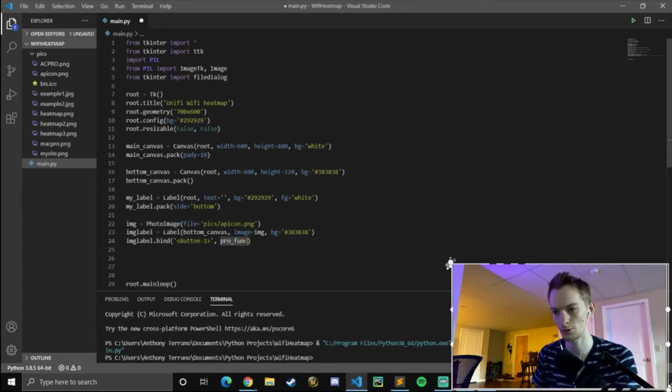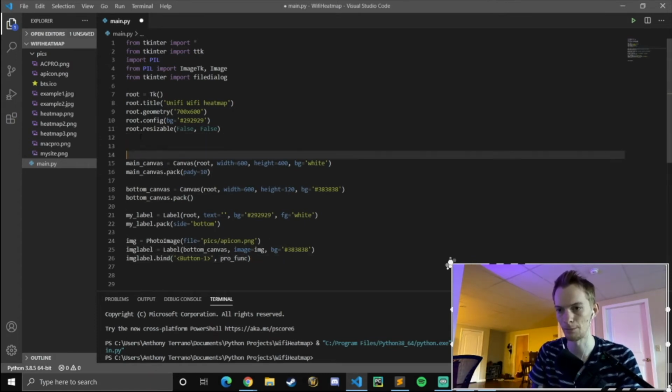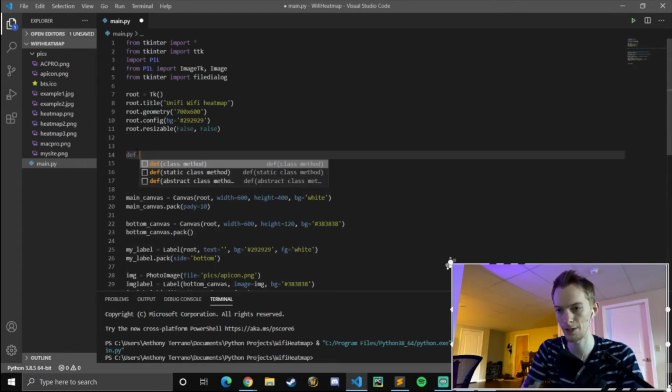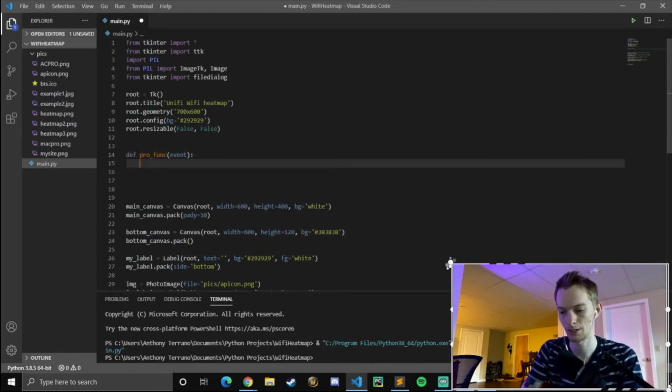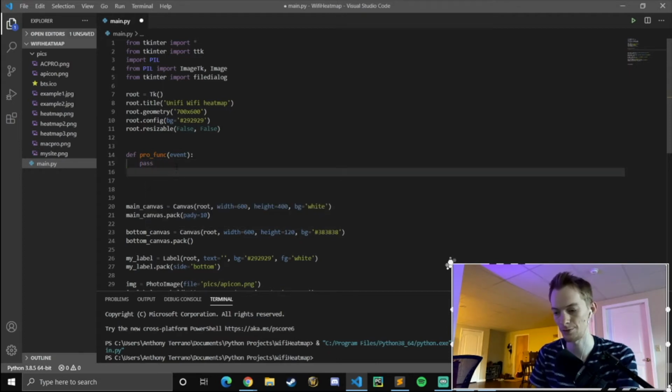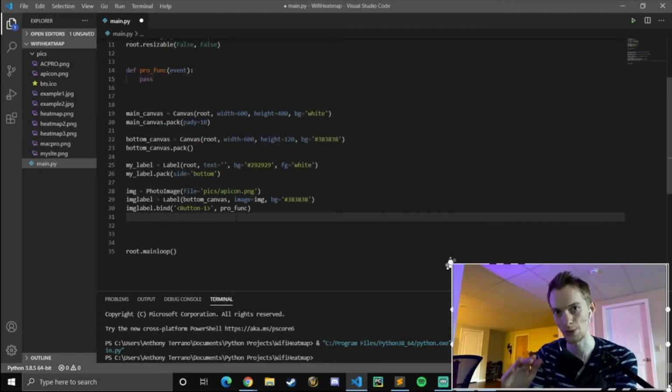Okay, so we want to create profunc. So I'm going to take a break from that for a second, come up here, and then we're going to define profunc and pass in an event. And then we can literally just say pass here, so it doesn't do anything. We'll do that later. But we just want to make sure that our code works, so we've got to do those two things. And then we're going to do image label